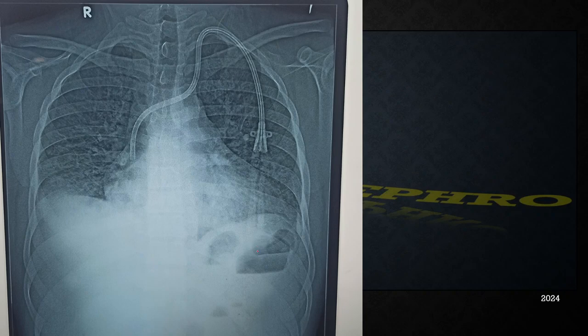So in the x-ray, this is how it appears. Again, in this YouTube channel's shorts section, I have uploaded both the right side perm cath and left side perm cath. This we usually do after the perm cath insertion to look at the position. See, look at the left side perm cath. This is the entry site, this is the subcutaneous tunnel, this is the entry site into the left IJV vein, and this is the exit site where the catheter starts appearing to your eyes,